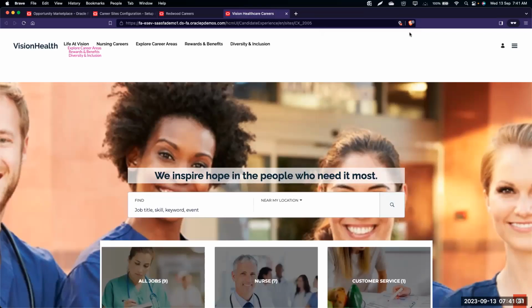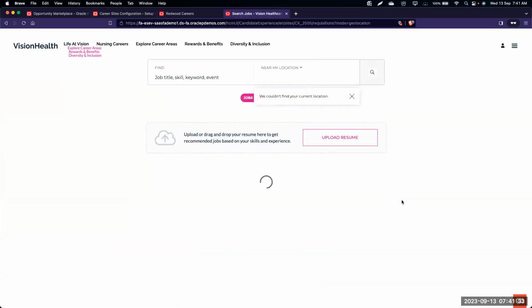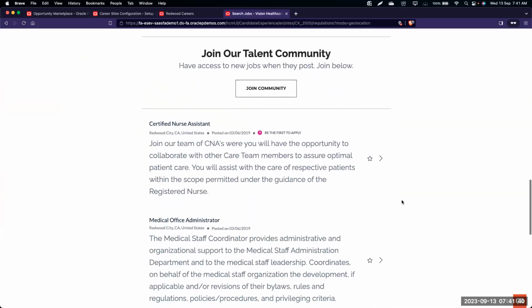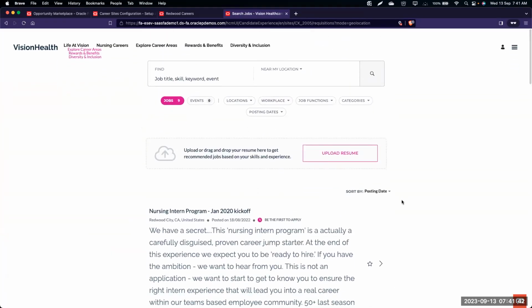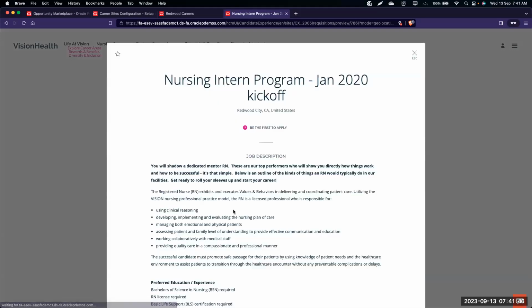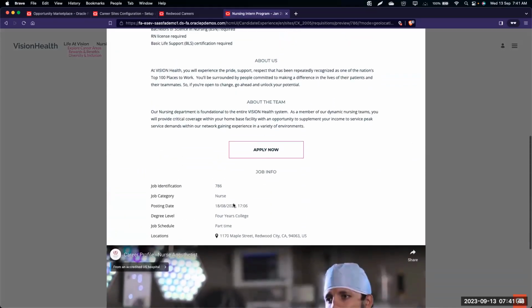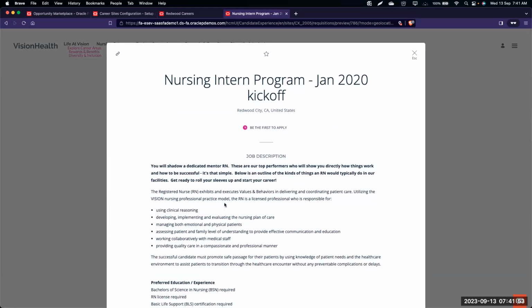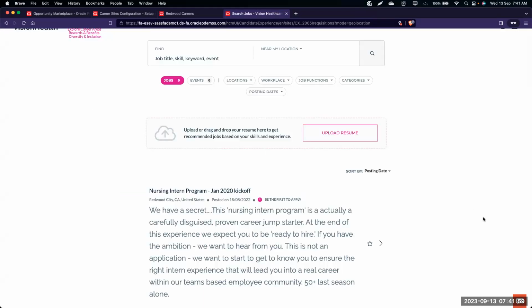And apart from this, if a candidate wants to see all the open requisitions, they can just do a blank search. Once they click on blank search, they are able to see a list of all the requisitions in this career site. They can click on any of the requisitions, see the details, and click on apply now and proceed with it. So this is how an external candidate can access our career sites. Any doubts or questions, team, before I move on to the next topic?